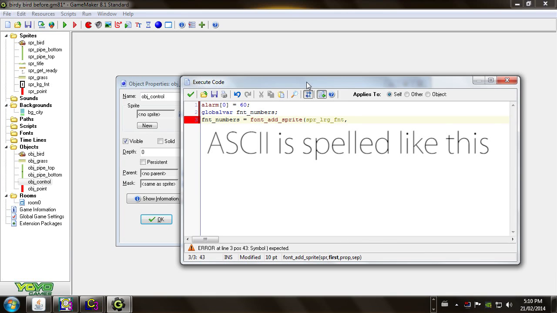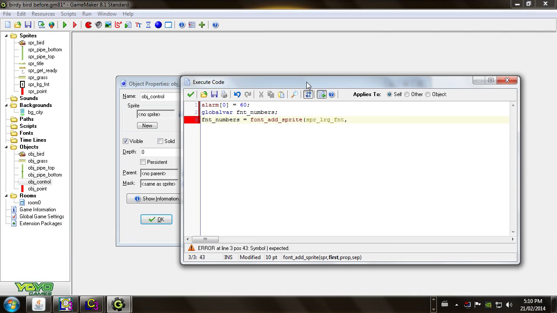is which. But for this, we can just say ord, open bracket, and then we can just quote a 0 and say that's where it starts. And we're not using any other characters other than that, so that should be fine. And then we're going to say comma